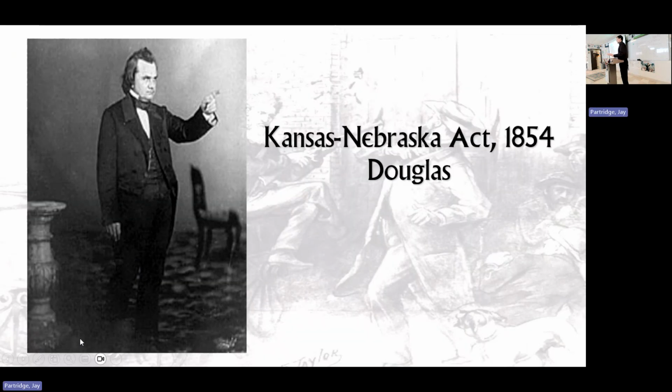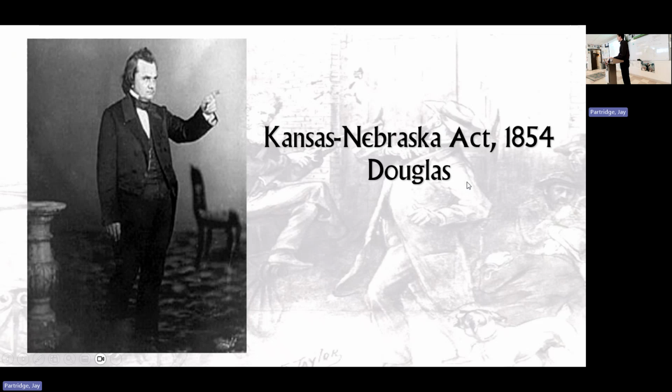And that leads to the bill that would become the Kansas-Nebraska Act, 1854. Stephen Douglas wanted to become president. He had a great success with breaking up the Compromise of 1850. But now he wants to be president. He needs another victory. That's a terrible picture of him. He was already known as the Little Giant, and that makes him look even shorter. When you're pointing up at somebody, it makes him look like you're pointing up at somebody taller than you. So it's one of those funny pictures by a photographer who was being, I think, cruel.